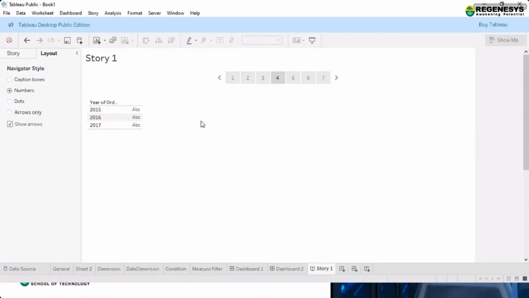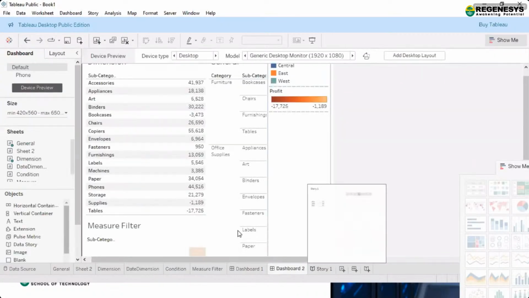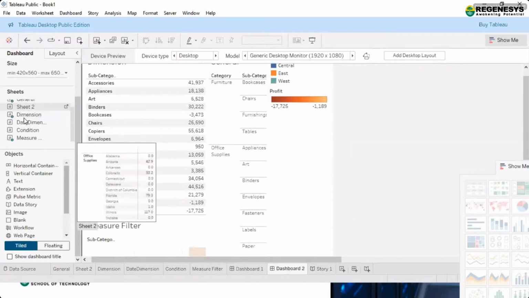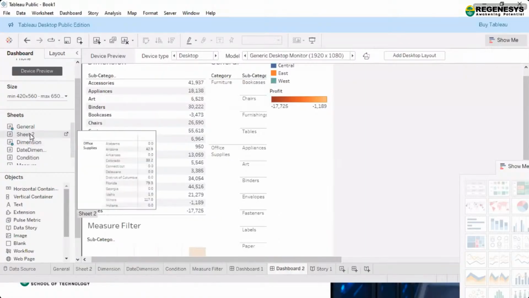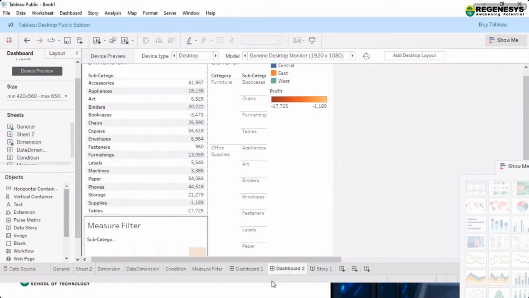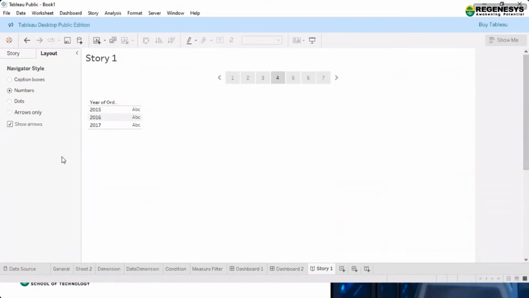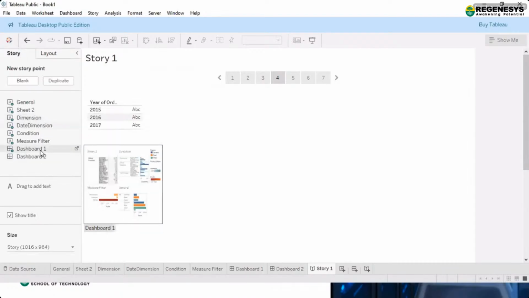With dashboards and stories, we are not creating new sheets or new analysis. The left pane in the dashboard and in the stories has all the sheets which we have created, and in story it involves all the sheets and even the dashboards also.